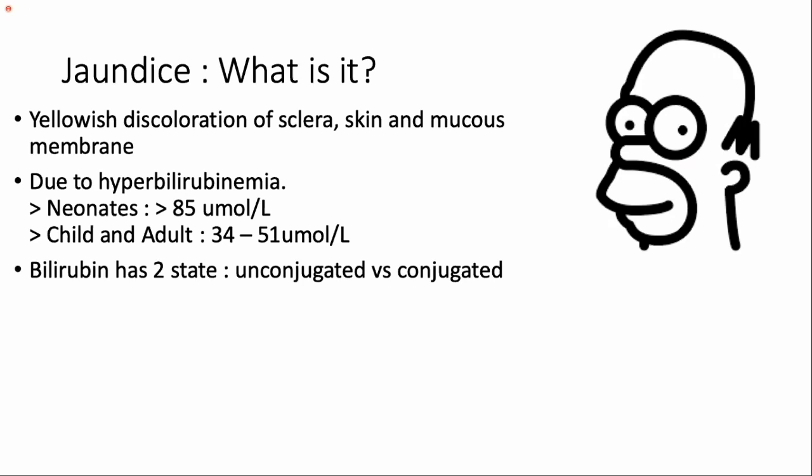So bilirubin, this value is in general. It is just the level at which you can actually appreciate jaundice. So it depends on several things. It depends on the environment. If the patient wears yellow clothes, the child, even though the bilirubin is low, you will see the child is jaundiced. If the room is yellow and the curtains are yellow too, you will see the child as a bit more jaundiced even though the bilirubin level is low.